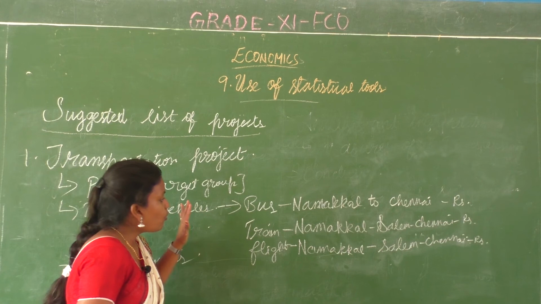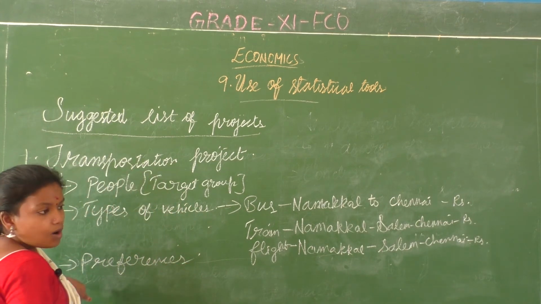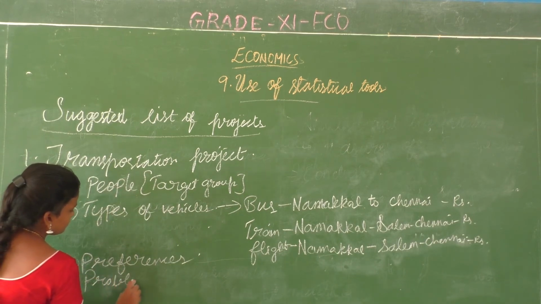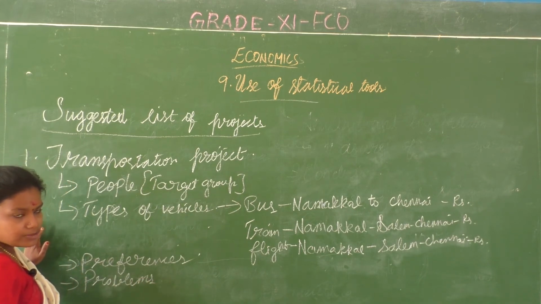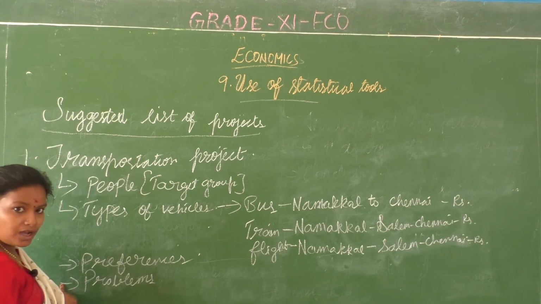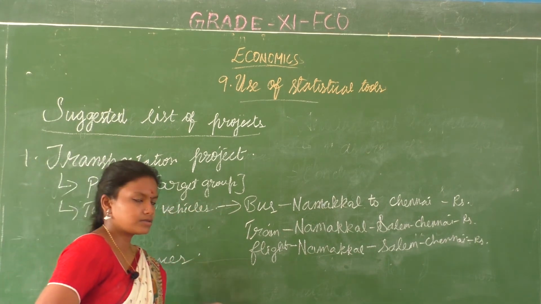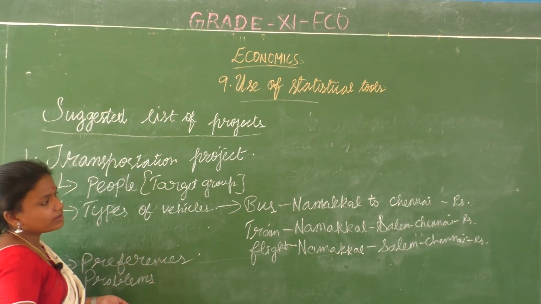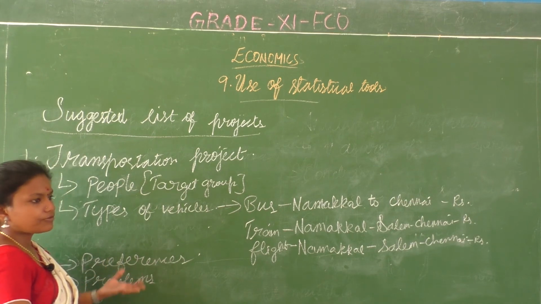So we are looking at what the preferences of people are and why they prefer it. What are the problems they face? Because this project is about betterment of the transportation system. So what do we need to know? What are the problems they face? If I choose train, why I don't want bus? That should be a question. Or if I am using train also, is there any problem? Is everything okay? What are the plus and minus of traveling in train?